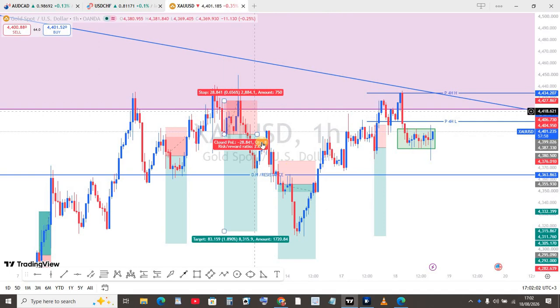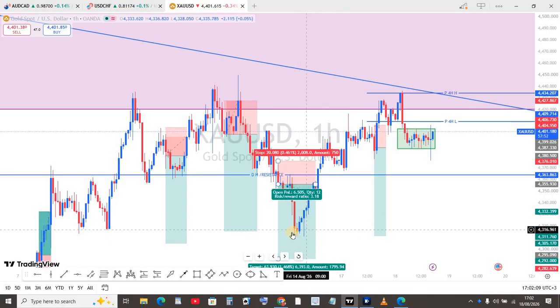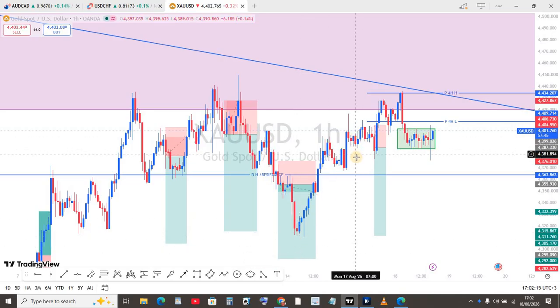So you can see this market has been just choppy. It doesn't give a direction, but most of the traders have been making money through this small move, this pullback, because people took a buying position. But as for me, I only stick to